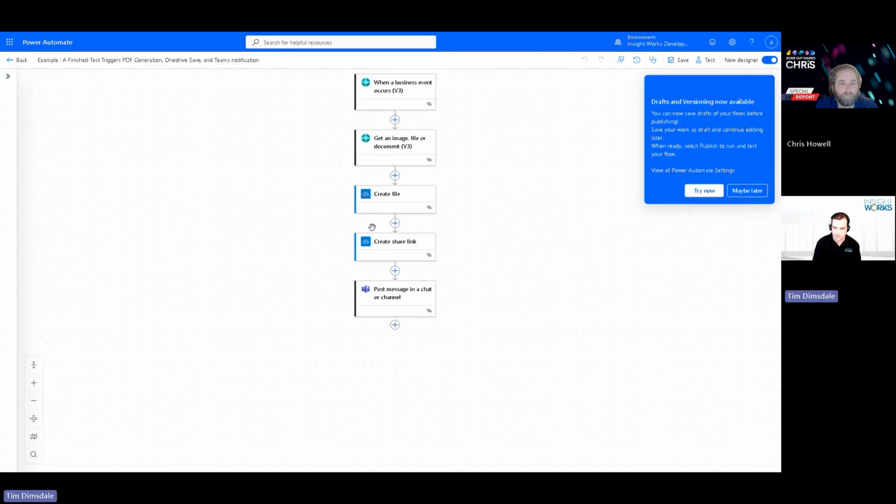But if your processes are changing because a new person took over, or you're just always trying to find operational improvements or whatever that may be, this is a really great spot for Power Automate, right? Because at this point you can come in and, in a few minutes or generally a shorter amount of time, you can alter your process, versus paying for a customization